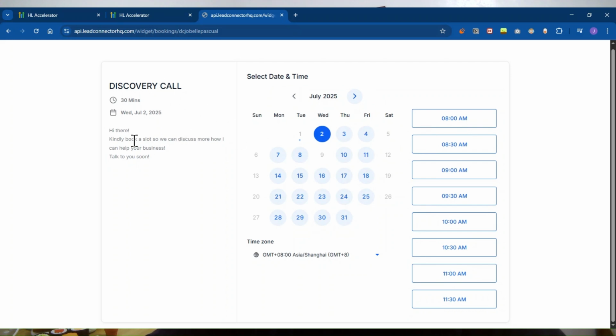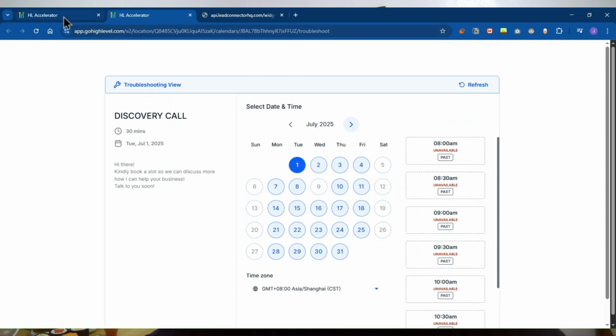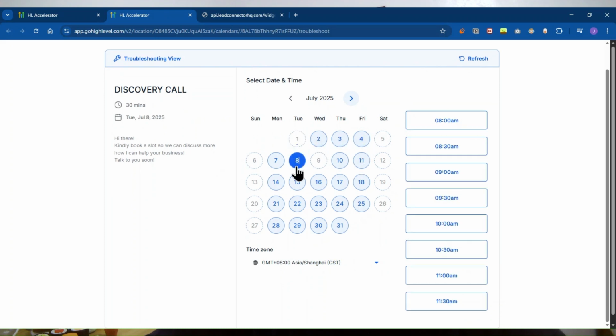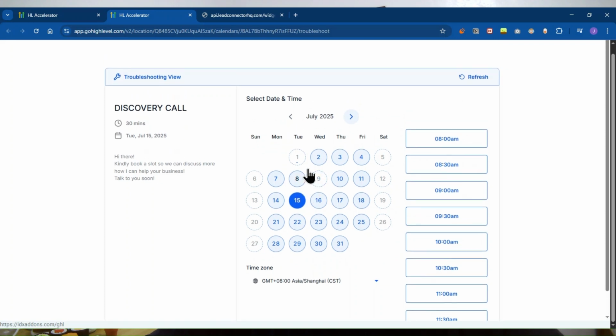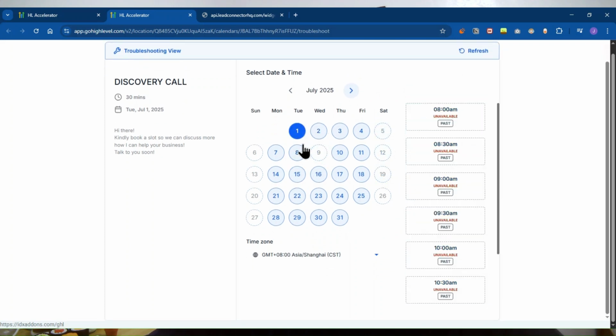Look, anyone should be able to book here once you provide them with your link, and you should be able to schedule according to their time zone. You can also have this great view here where you can see if you would like to edit your schedule.